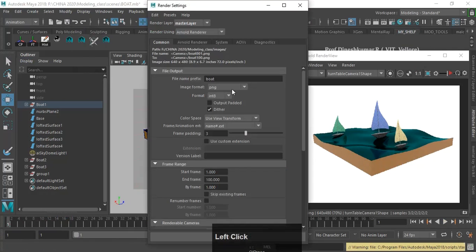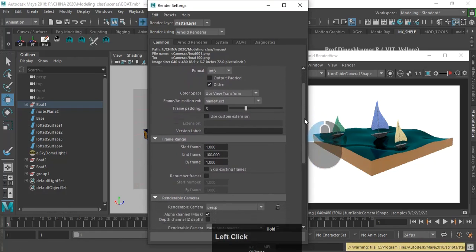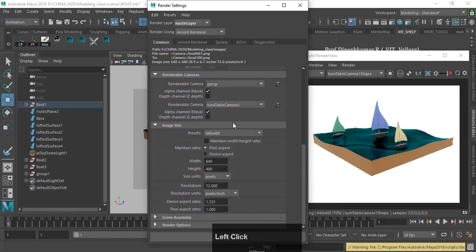Did I do anything wrong here? Let me just go back. Turntable camera, 640 by 480. 1 to 100 frames. Everything is set. Okay, and once it's done, let me go to my